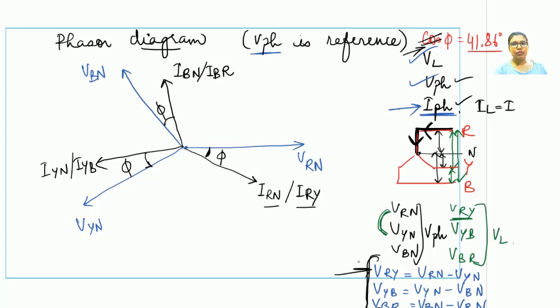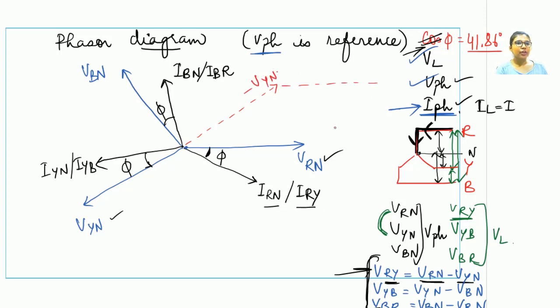For a phasor diagram, you have to work out for all the three phases. This is not a mathematical derivation that you would do for a single phase. You have to work out for all the three phases. So let us begin with the first line voltage, which is VRY. It is given as the vector addition of VRN, which is the first voltage, along with the negative of VYN, which is the second phase voltage. So how can one represent negative VYN? This is how one can represent the negative of VYN.